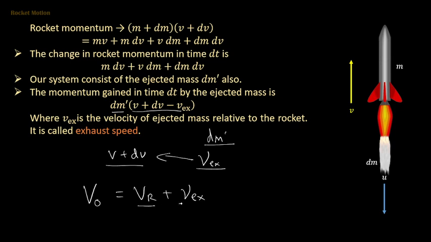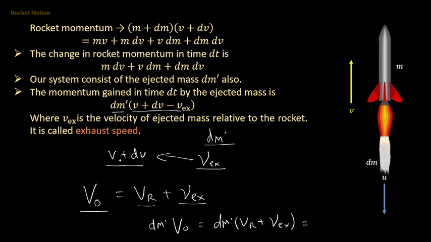Velocity of rocket plus velocity relative to the rocket is the velocity relative to our own coordinate system. And therefore the momentum acquired by the mass dm dash relative to our coordinate system will be the mass dm dash multiplied by its velocity relative to our coordinate system. So this is dm dash times the velocity of rocket plus the velocity relative to the rocket,